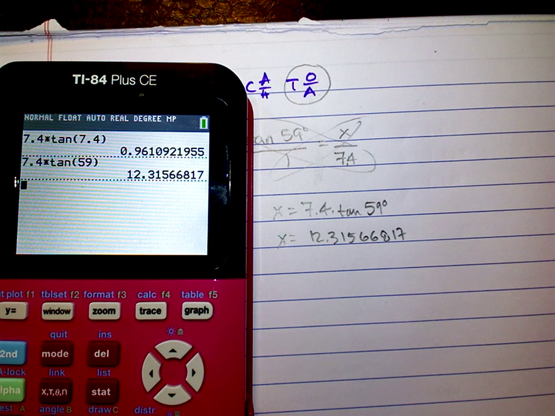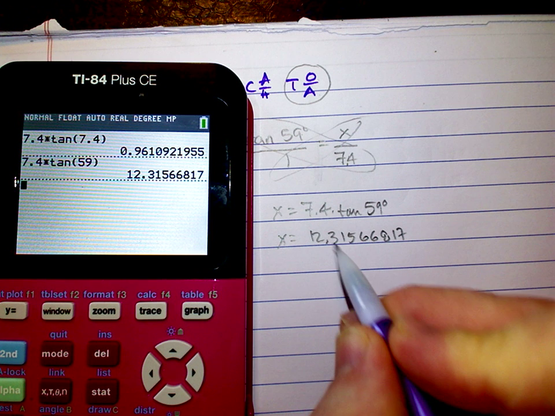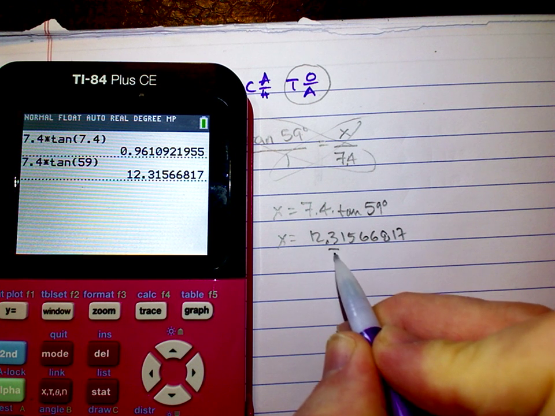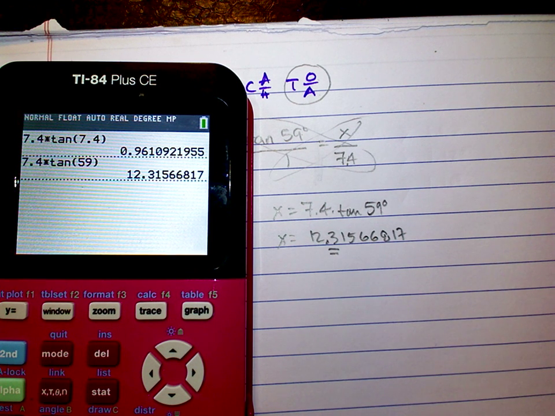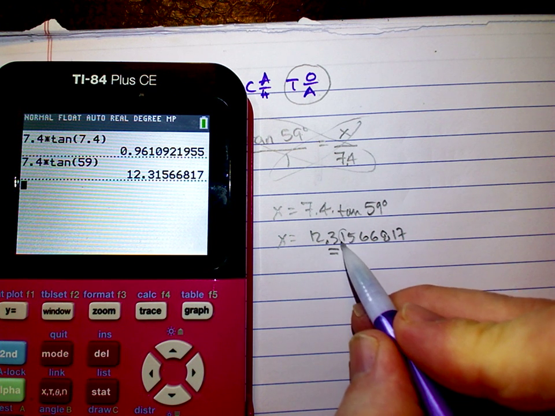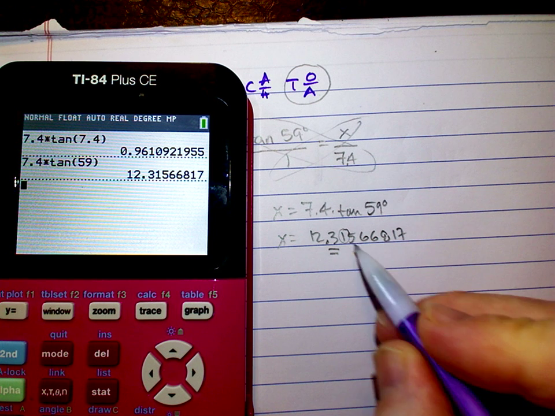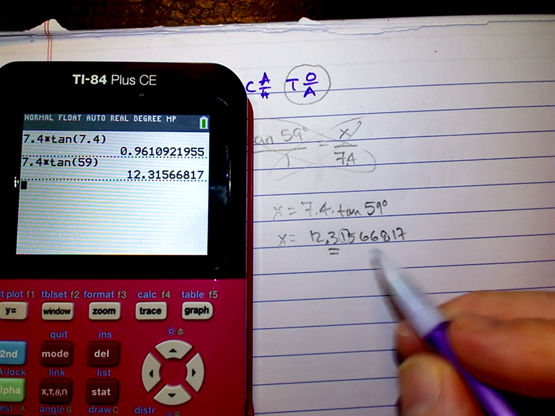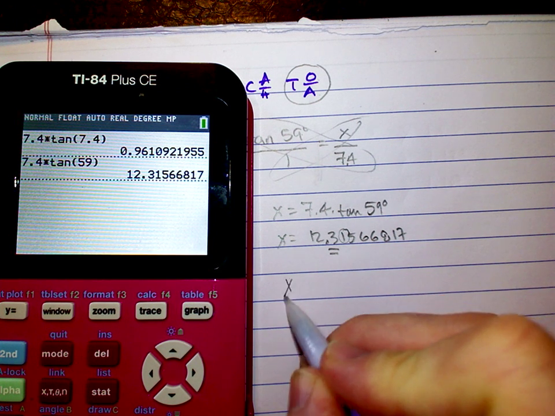and then we get x equals 12.315668817. Now, I'm not going to put all of those numbers in my answer on Delta Math. In this case, it's asking us to round to the nearest tenth. Tenth is the first number to the right of our decimal. In order to do this rounding, we're going to look at the next number over, which is the 1. 1 is less than 5, so our final answer will be